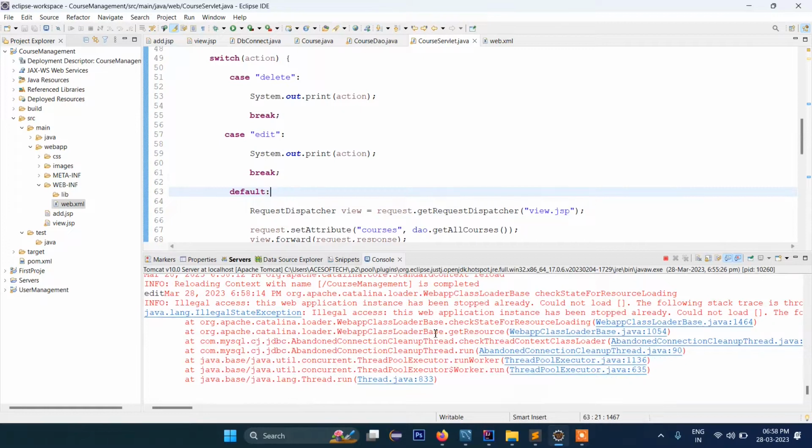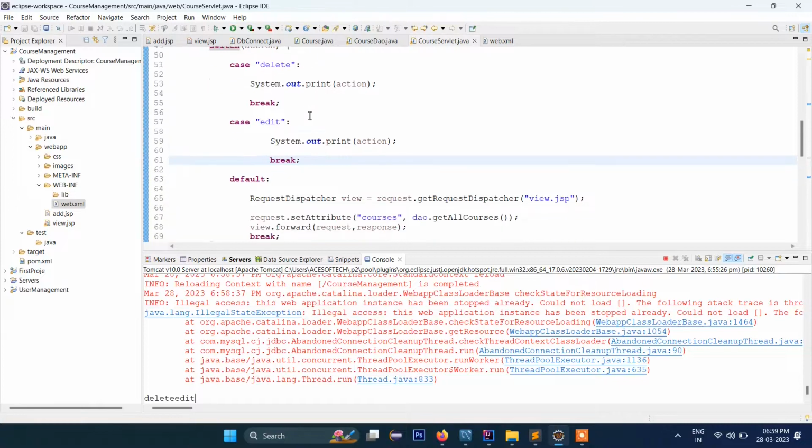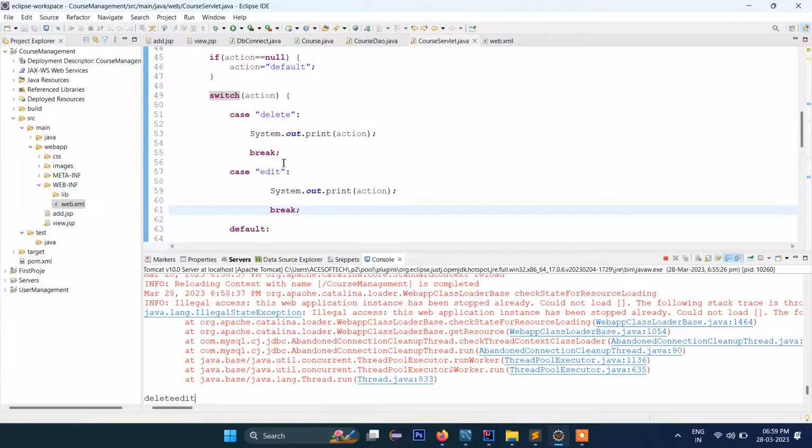One second. This is case delete, and then this one is edit. So you can see this edit is also displaying here. That means it is detecting the parameter. Okay. Now let's go back to our